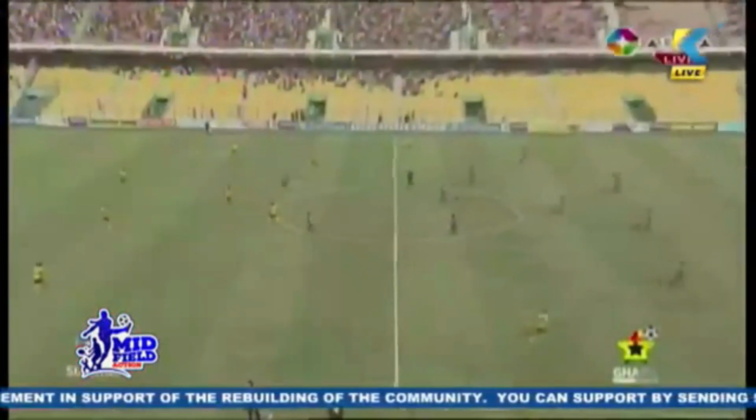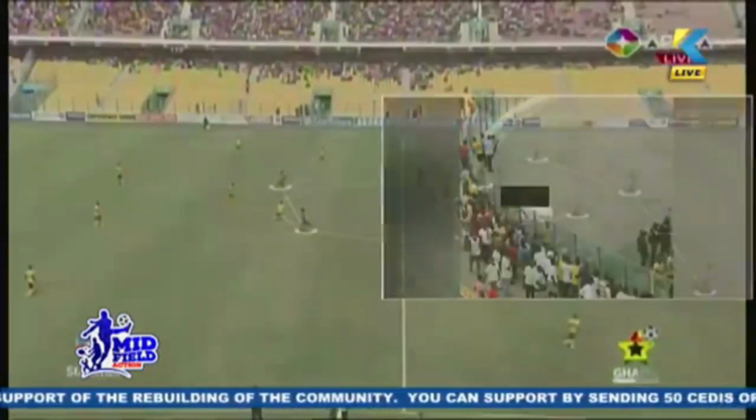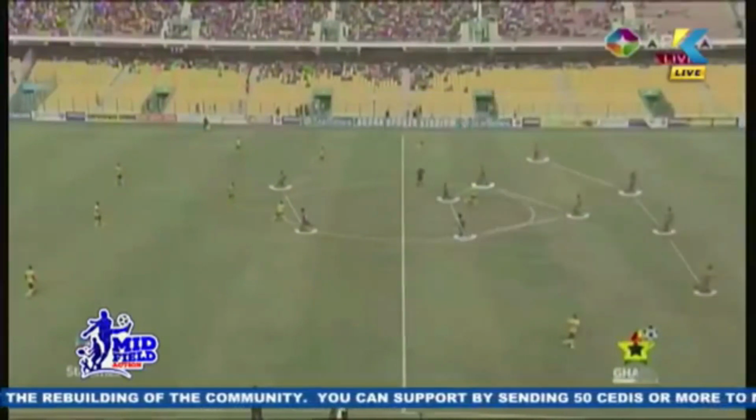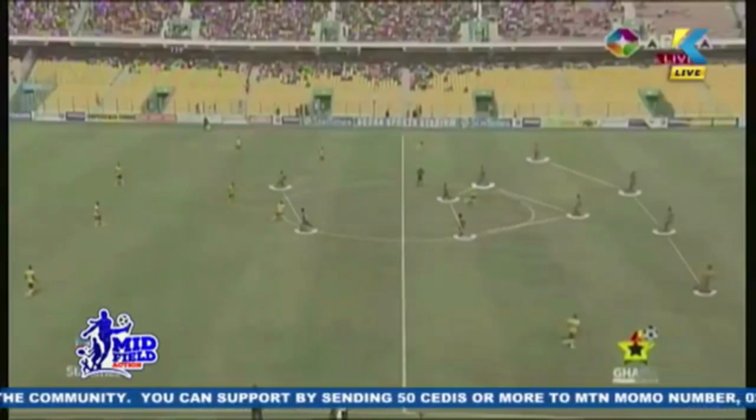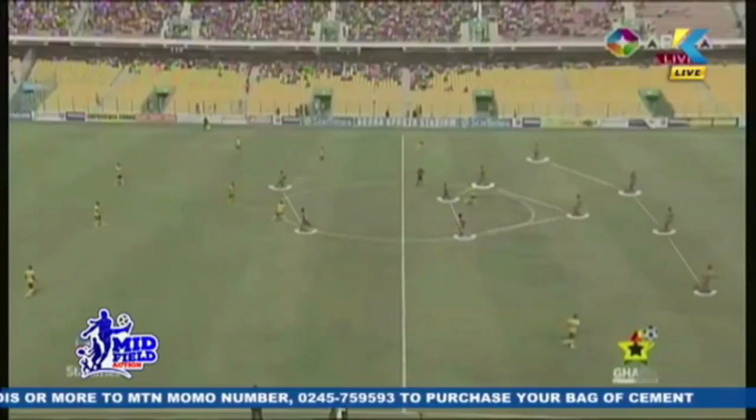So quickly, those are the formations of the two managers in the game, and of course, you best start from the Hasfolk side. They lined up in a 4-4-2 with four midfielders: Salim and Nuruddin, and then Wako and Sulemuntari. So the four midfielders form a quadrilateral, meaning four sides of the midfield.